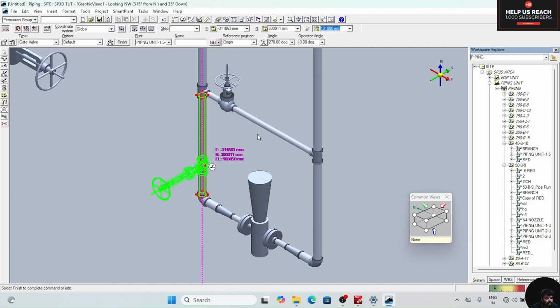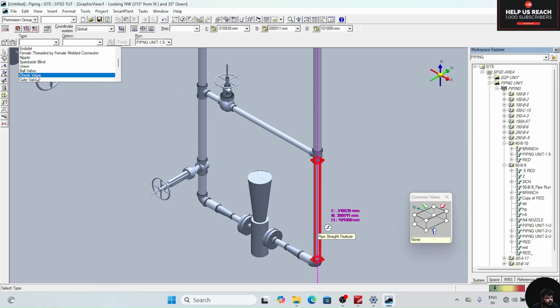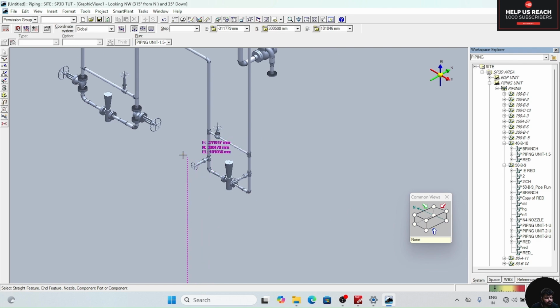Click enter, click on finish. Again here also select this gate valve, all things are created, change this angle to 90 degree, click on finish, click on escape.